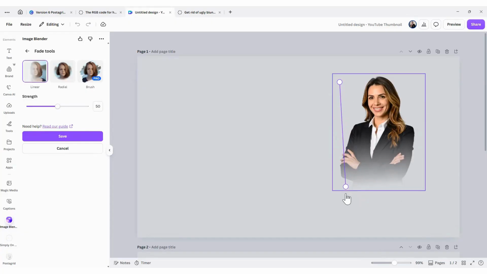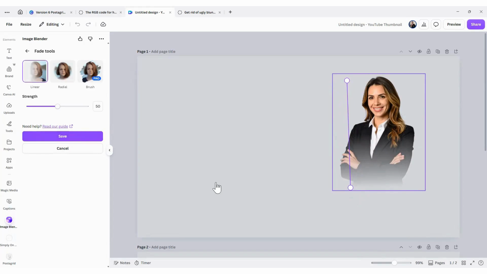Once you've decided where you want the fade to be, you can have it any which way you want. But let's get rid of that crop, and we're just going to keep it straight like so. We're now going to click on Save.